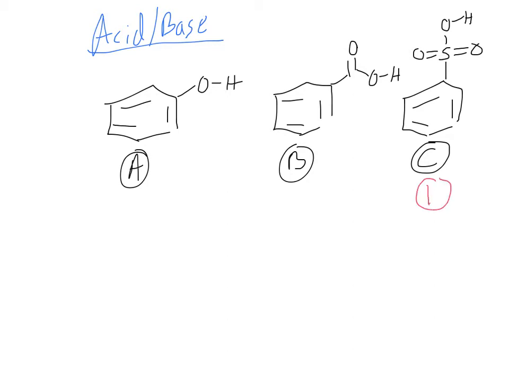Then of course B, what kind of functional group does that represent? B? Carboxylic acid, so that's of course 2. And then this would be 3. Now, you want to separate all of these. Ideally, I would tell you something about the pKa, because you could then say, I need this exact pH to get 100% of this deprotonated. But we're not gonna go there just yet. Just qualitatively thinking about this, if we took all 3 of these things,